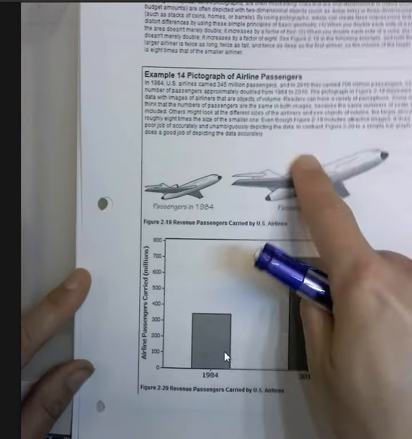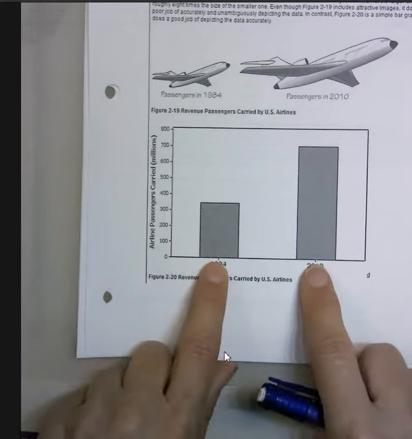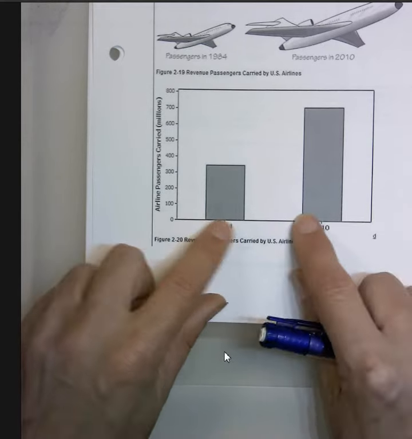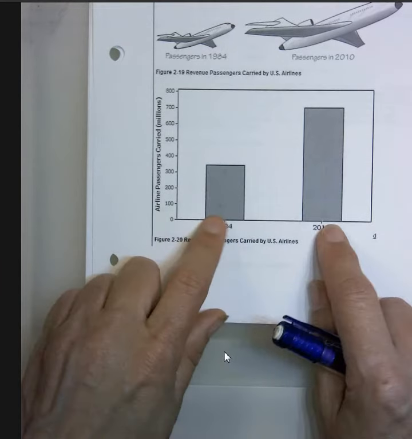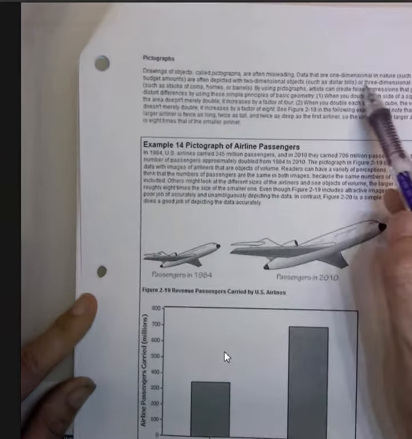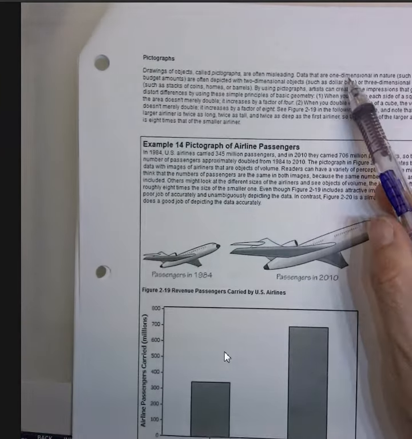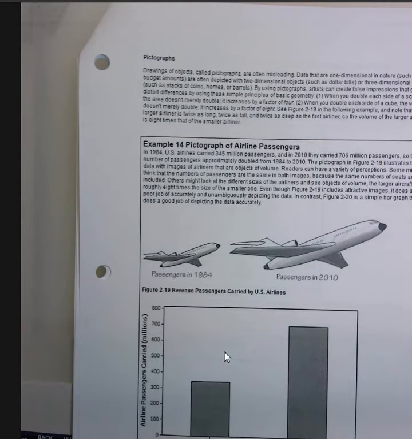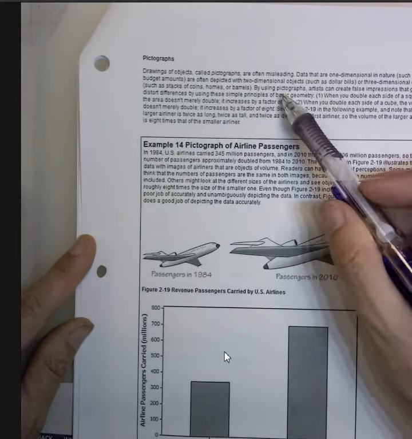Although a bar is two-dimensional, the widths of the bars are the same in both of them, so the width doesn't really account for anything. It's only the height. Since the widths are the same, you only compare one thing. It says data that are one-dimensional in nature are often depicted with two-dimensional objects such as dollar bills, if it's money, or three-dimensional objects such as stacks of coins, homes, or barrels, like if they're talking about oil. By using pictographs, artists can create false impressions that grossly distort differences